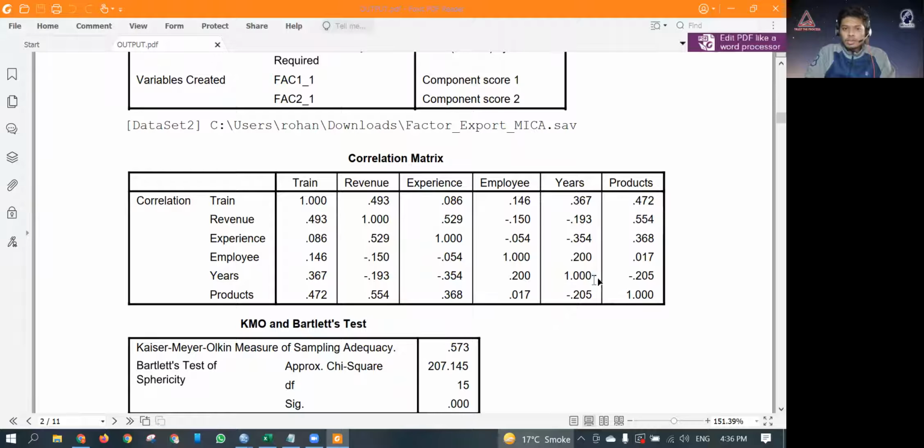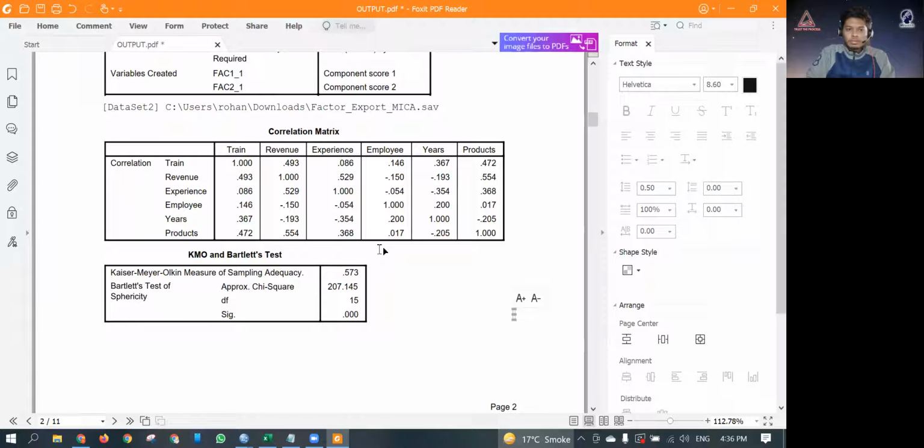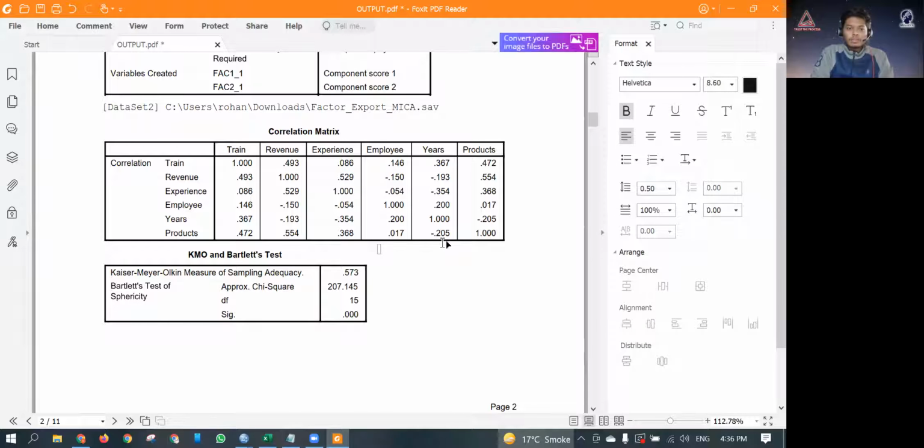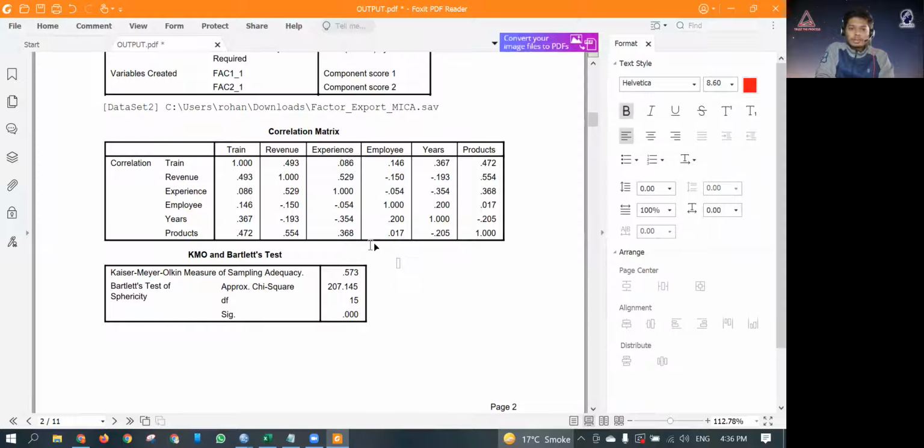So let's take the correlation matrix, for example. The correlation matrix says that the diagonal value is 1.